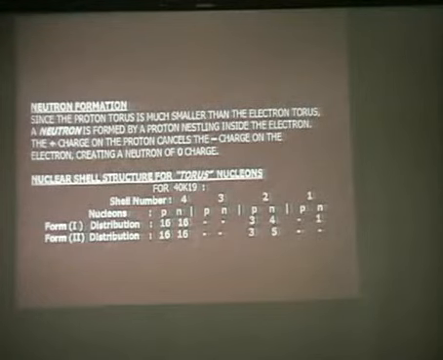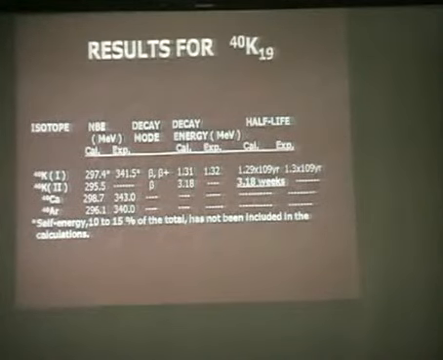That gives it very different properties. In fact, the energetics are different, and the half-lives are very different. The first form of potassium-40 has a calculated half-life of about 1.3 billion years. It's also the one that they quote experimentally, so it agrees. This new form, potassium-40 second form, is 3.18 weeks. That's another form of potassium-40 that's never been measured.